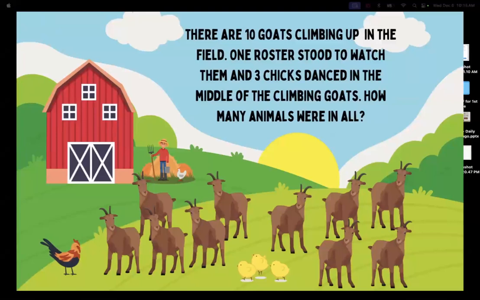There are 10 goats. Okay, so our first number important is going to be the number 10 climbing up in the field. 1 rooster, so another one would be a rooster, would be 1, stood to watch them, and 3 chicks danced in the middle of the climbing goats. So 3 chicks. So we have 10 and 1 and 3. How many animals were in all? So 10 plus 1 plus 3 equals